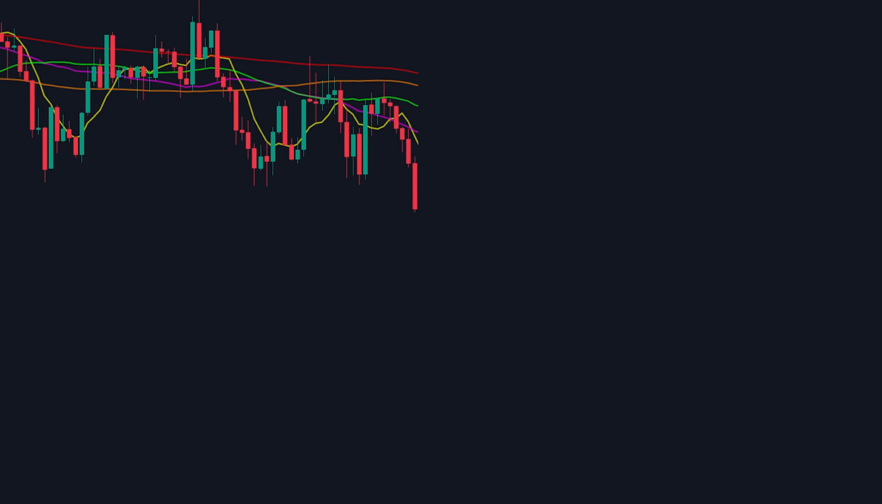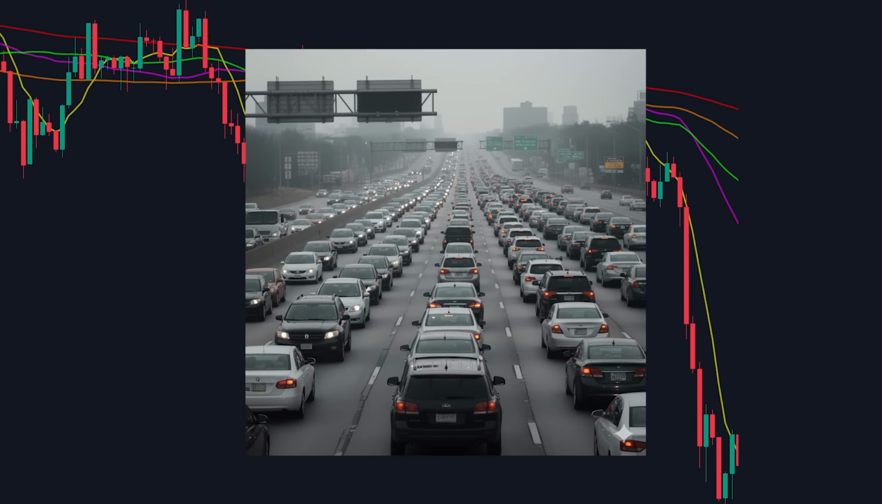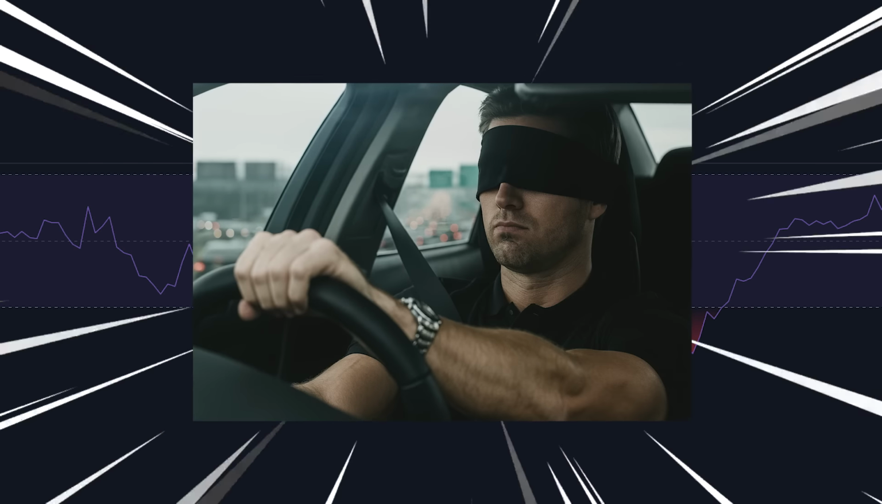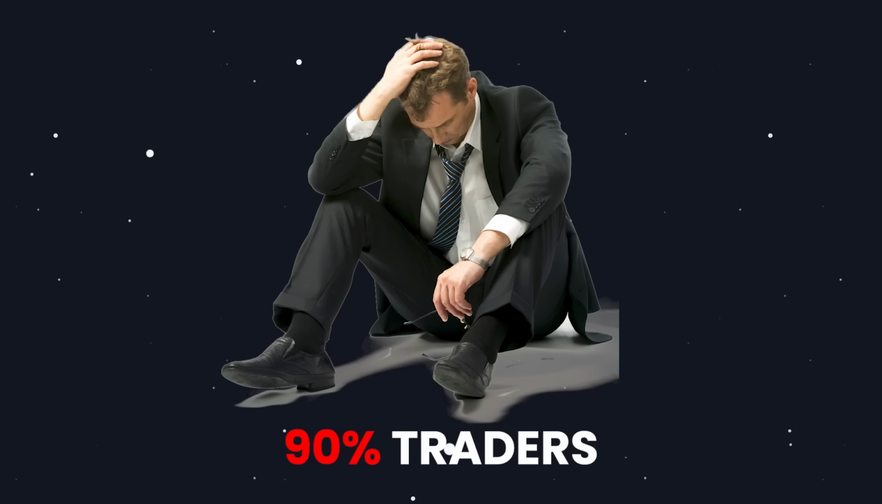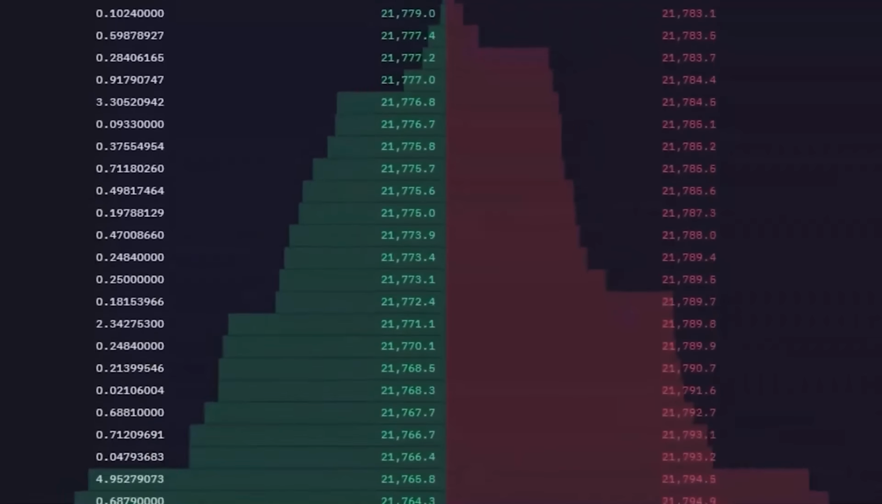Have you ever found yourself staring at your chart, watching your usual indicators and thinking, something's just not right here? Your moving averages are lagging behind like they're stuck in traffic. Your oscillators are giving you signals so murky you might as well be trading blindfolded. This is the nightmare that 90% of traders face every single day when they're trying to get a real grip